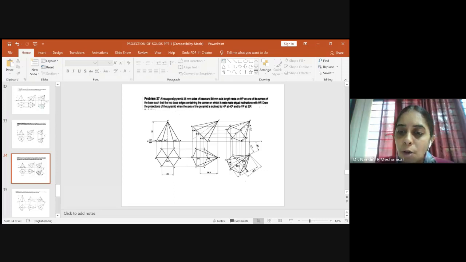I told you the outer boundary will be visible. So please join the outer boundary first. So we have A dash to B dash to O dash to D dash to E dash to F dash and F dash to A dash. So this is the outer boundary. And when the observer views from here, the bottom surface will be visible. So please complete the bottom surface.